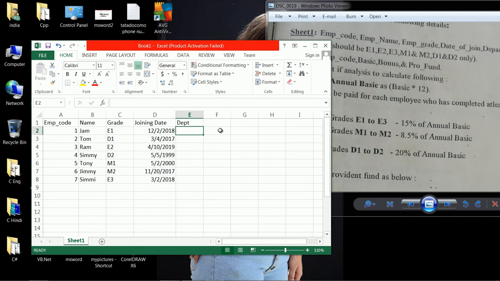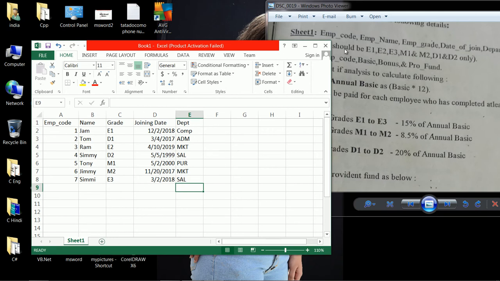Department, you can put any department. Suppose here I put computer, administration, marketing, sales, purchase, and you can also repeat the department. Okay, here is the data in sheet 1.